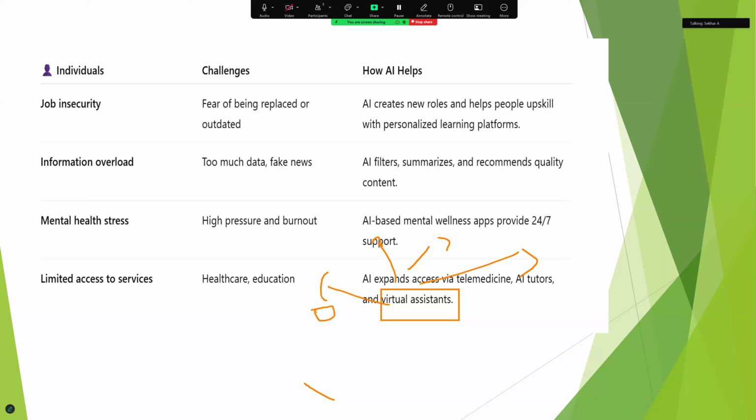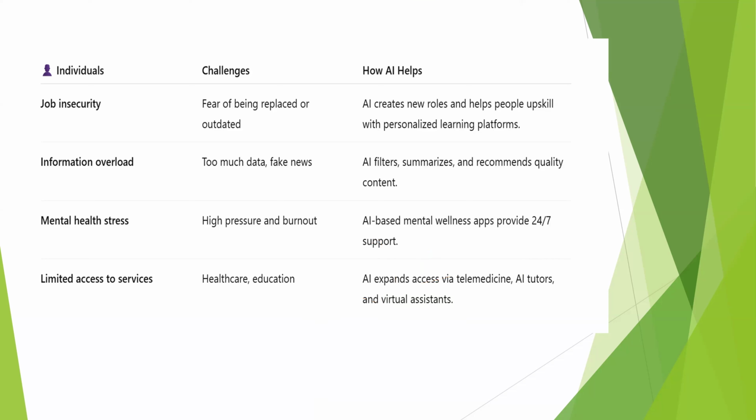Got it. Nowadays, we are unable to share our queries with anyone. Am I right? Why? Because they will spread negative things and all. Am I right? Now, going forward, people will share with virtual agents. You know, right? In China, recently what happened? One doctor, in place of the doctor,